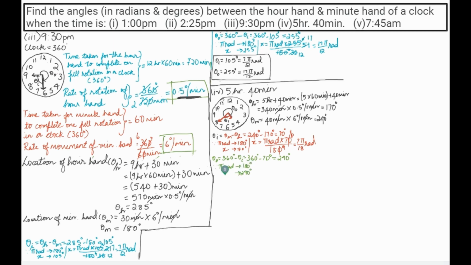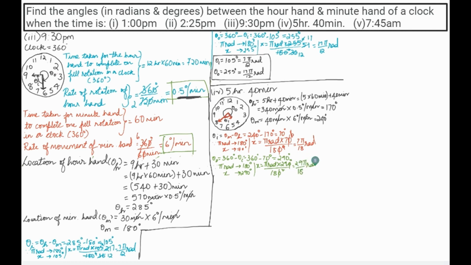Let this be x. When we cross multiply, we get x is equal to pi radians into 290 degrees divided by 180 degrees. The 0 and 0 cancel out each other. Degree unit and degree unit cancel out each other. So we get 29 pi by 18